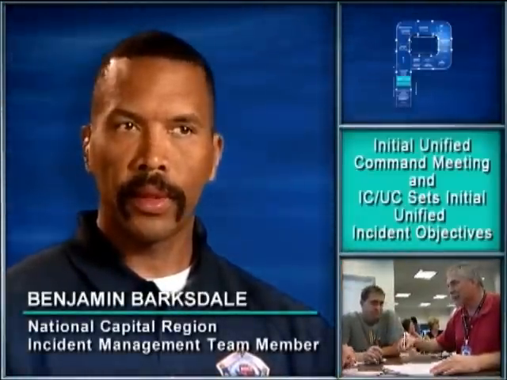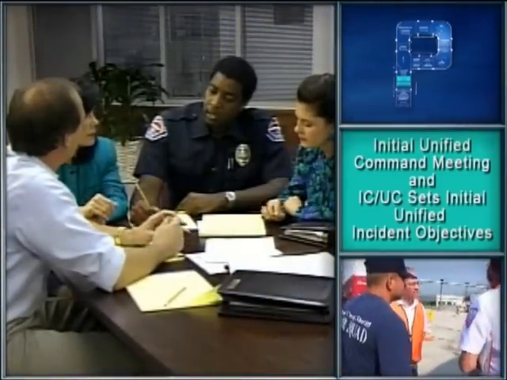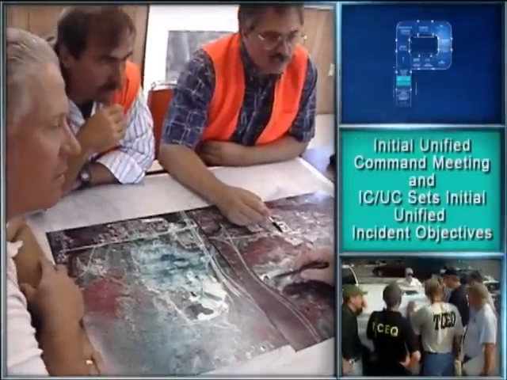It's all about relationships. And when you can build these relationships up front before the incident and allow the egos to be put aside, then that's where everything comes together. Everybody is working from the same sheet of music, speaking the same terminology, and are able to manage more effectively.